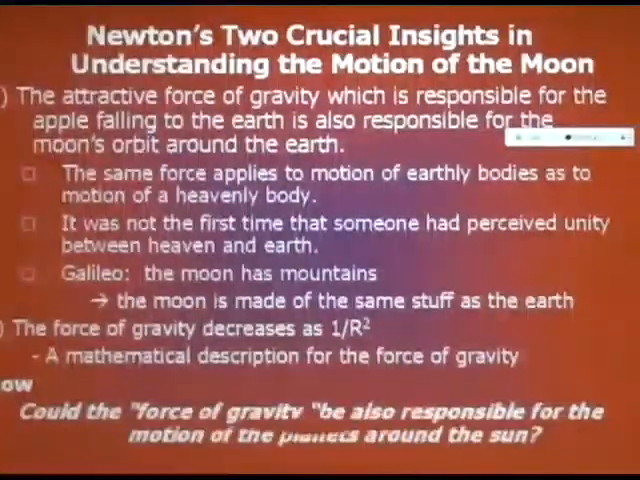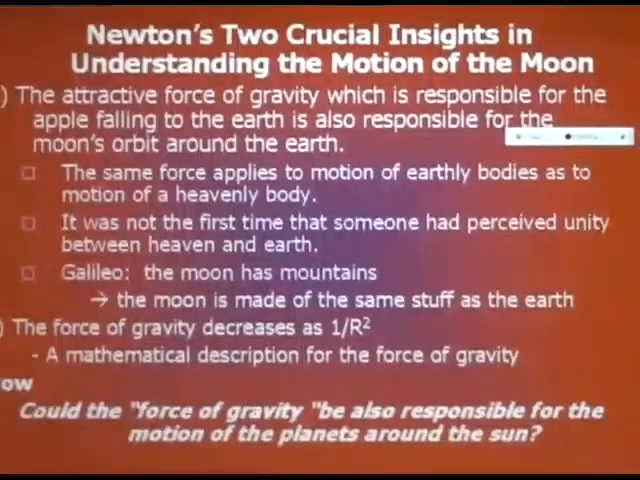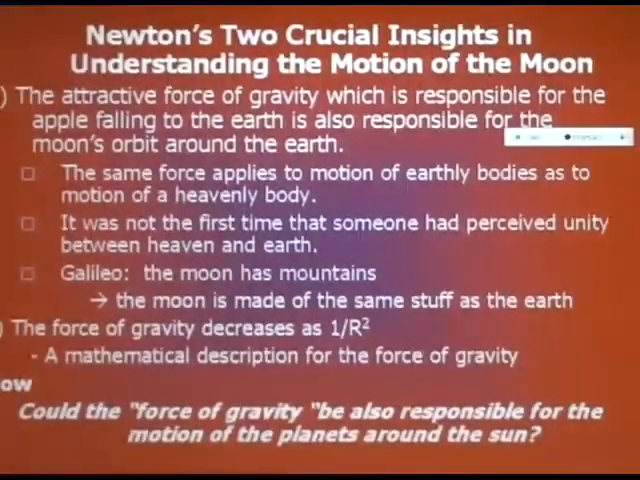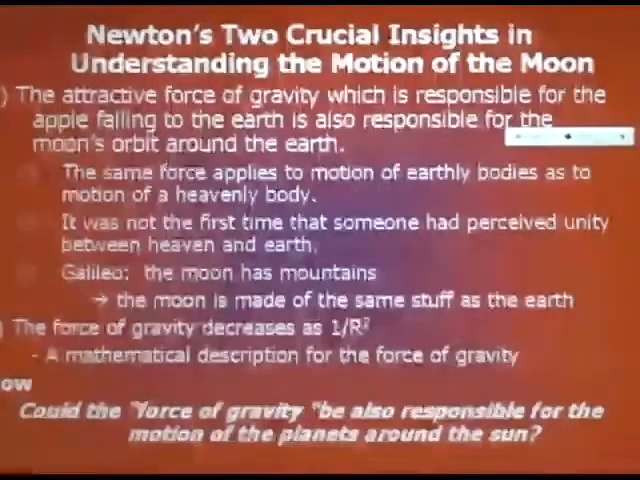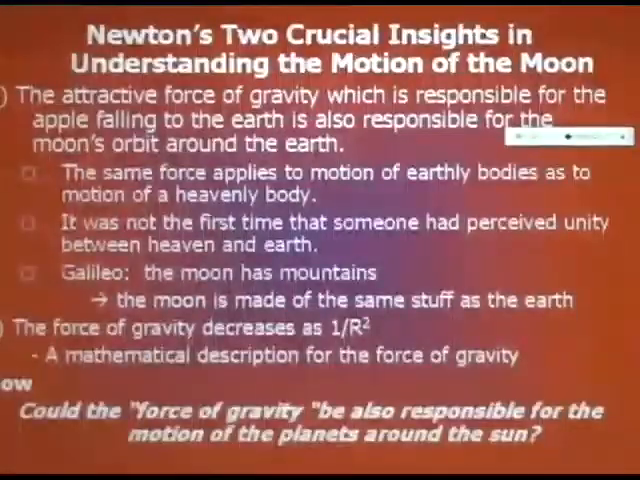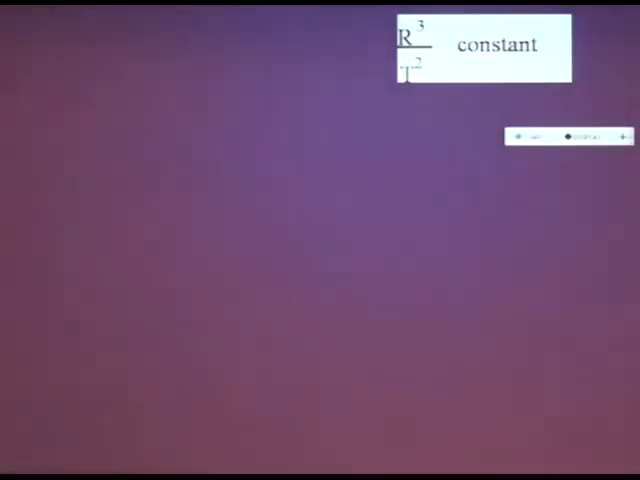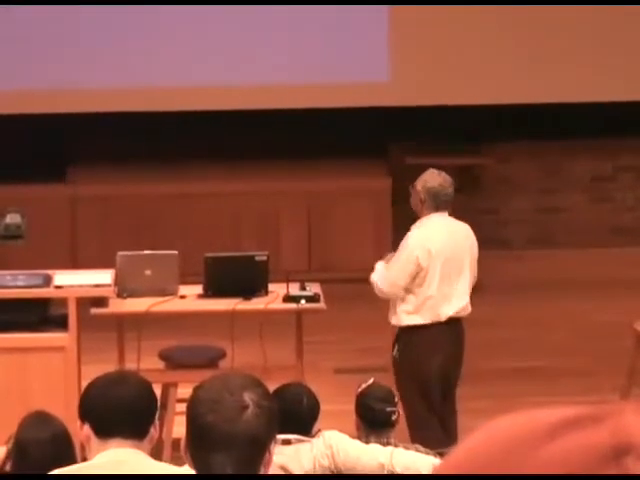So now comes the next big step. We know the force of gravity is responsible for the motion of the moon, but could the force of gravity also be responsible for the motion of the planets around the sun? Now, that's a big step to go from Earth and Moon to Sun and planets. So what Newton said is, I can prove that the force of gravity between the sun and the planets should also go like 1 over r squared, just like what I've shown for the moon, because